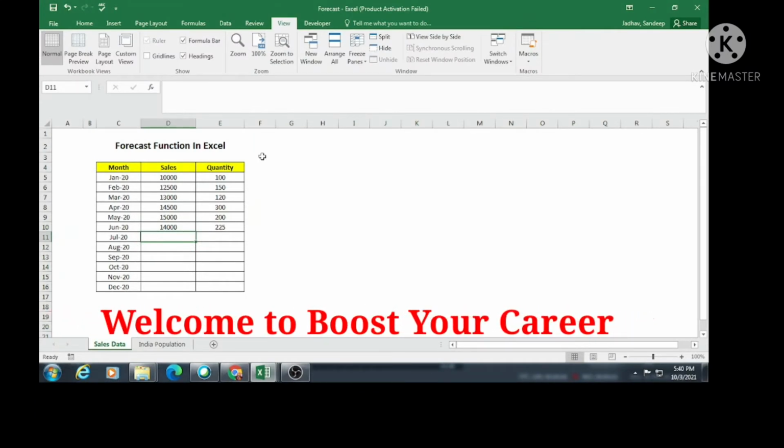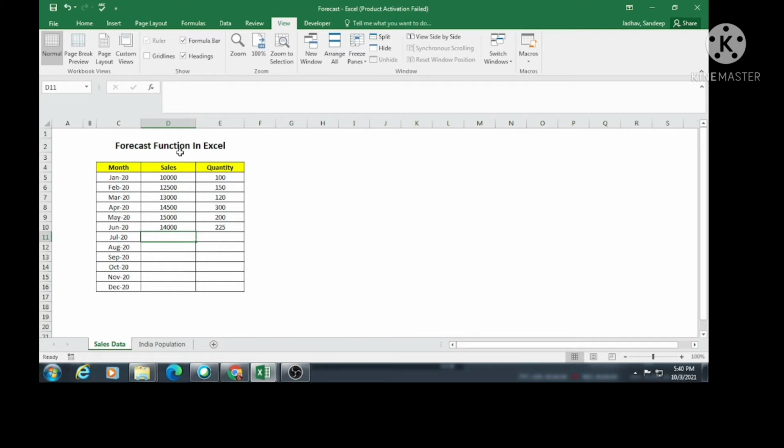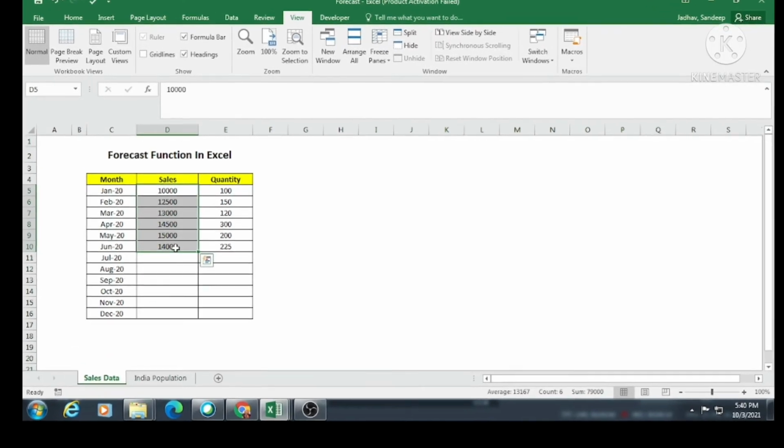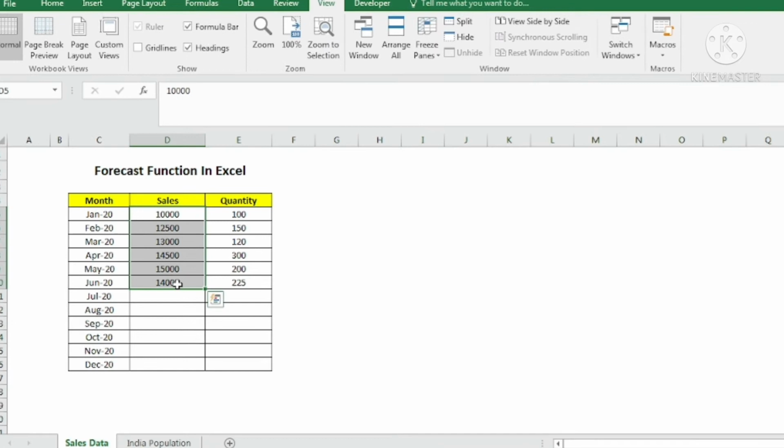So to use forecast function that helps us to forecast the future trend, we need at least the historical data for more than 2 months or 2 years, or for the 2 periods. We cannot have 1 month or 1 year's data and we can predict the future. Simultaneously we should have the range of the months or years. It can be numbers like 1 2 3 4 months like this, or it can be the months or years as it is mentioned in this particular data.